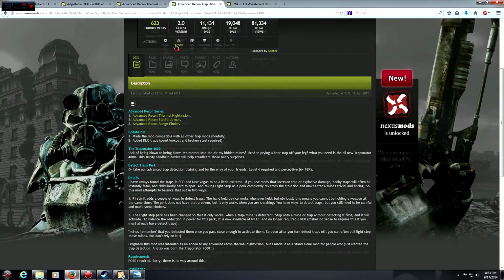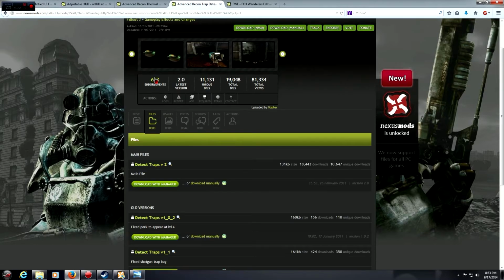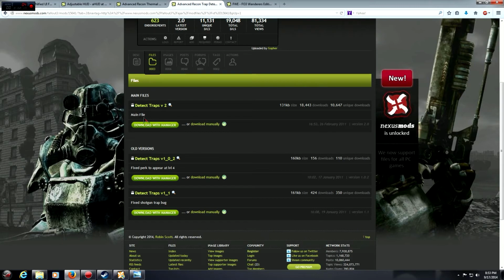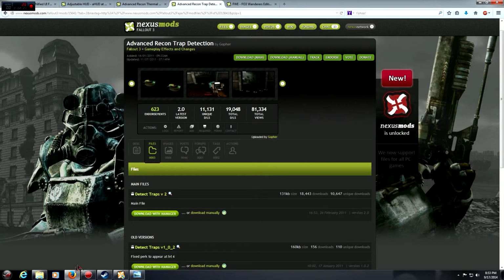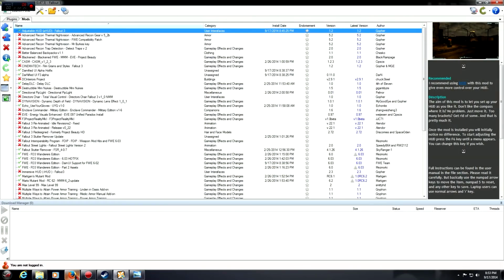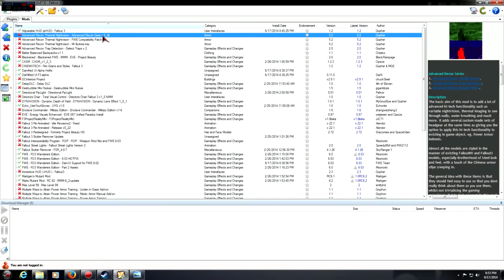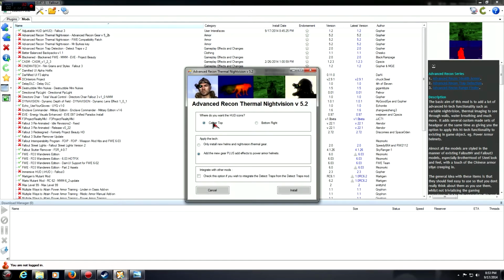That's weird. So, alright, we're going to go to our files, and you're going to just download Detect Traps version 2. Download with Manager. That's all you want to do. It's just this one. So once you have that downloaded, we will go here into our mods, just as always, and basically we want to install the Advanced Recon Gear version 5.2b, activate the mod, and now right here you